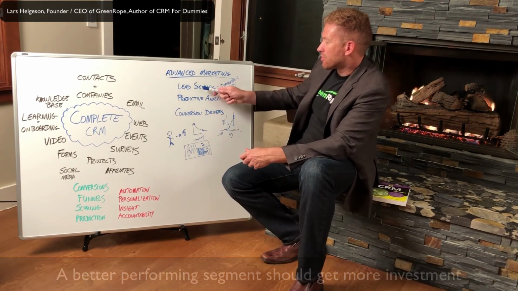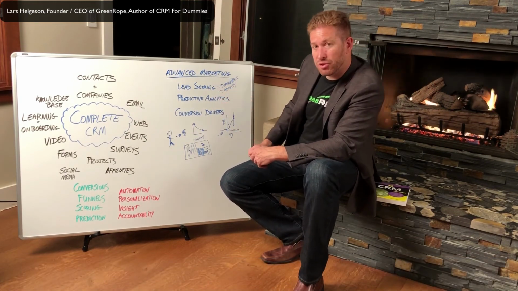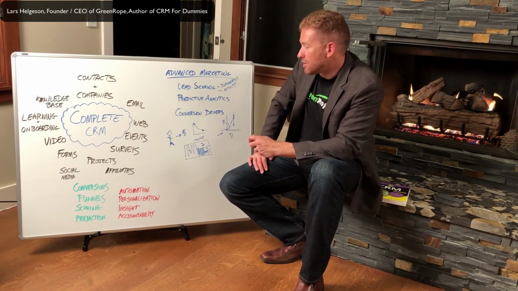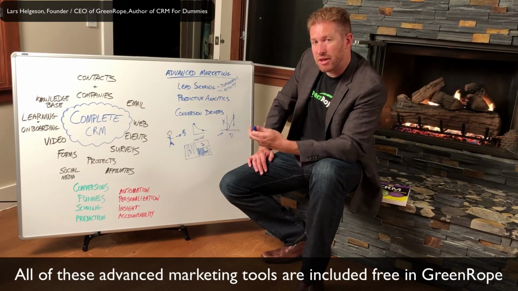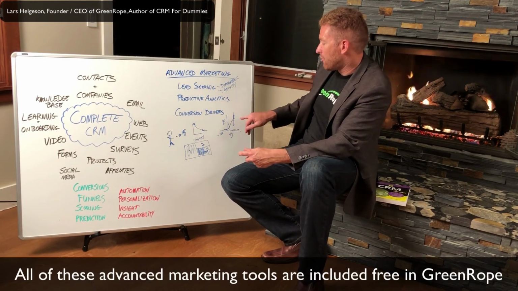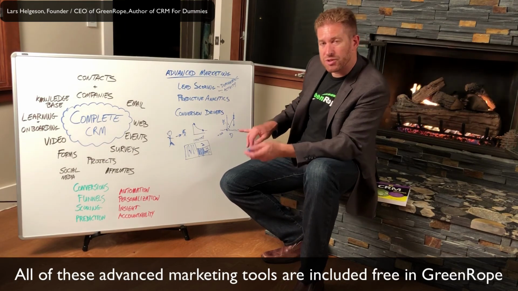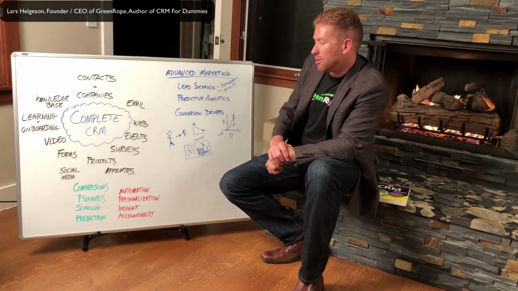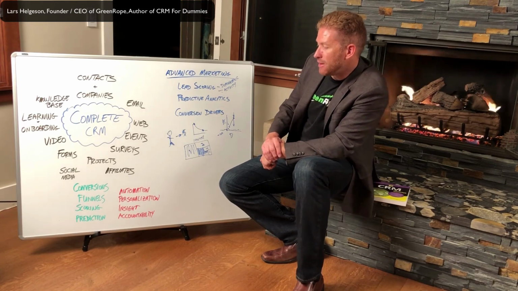So these are just 3 of the tools that you have accessible to you within your GreenRope account. They're very easy to use on purpose. They were designed to help you as a business manager really help your automation and help your team focus on what's working and what's not working so that you can perform more efficiently and you can grow your business more effectively.